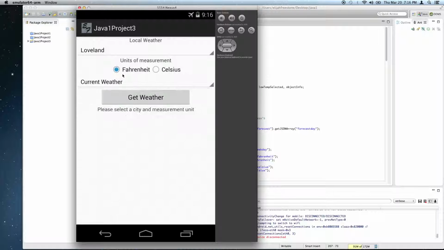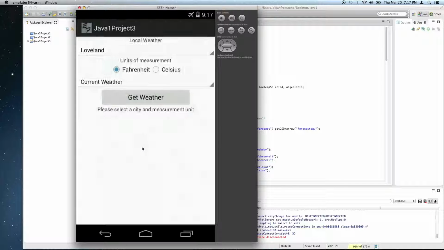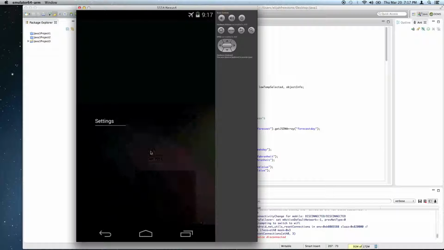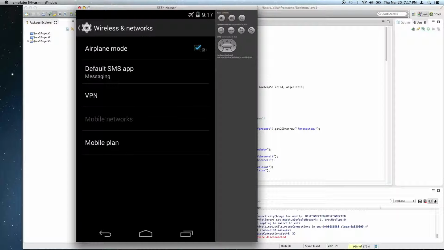So first off, I'm going to start by testing with airplane mode on to show that it does check for network connectivity and gives an alert. Connection error, this application requires internet access. Please check your connection and try again. The reason I did that first is just because the simulator can be rather slow and finicky. In order to just save time, I went ahead and started off with that one. That way I'd only have to do this switch right here once to turn it on, or turn it back off, I should say. Alright, so let's get back over to the app,